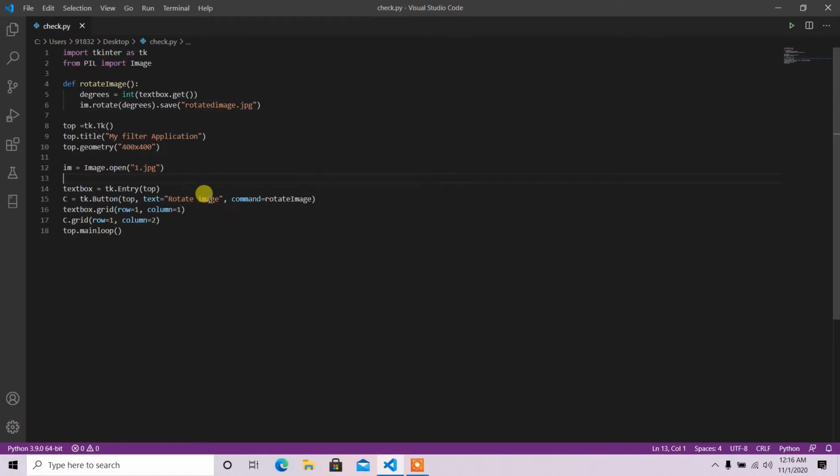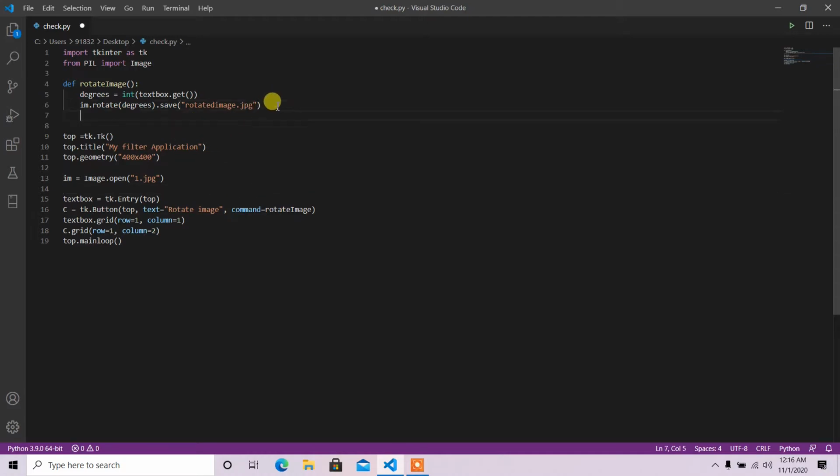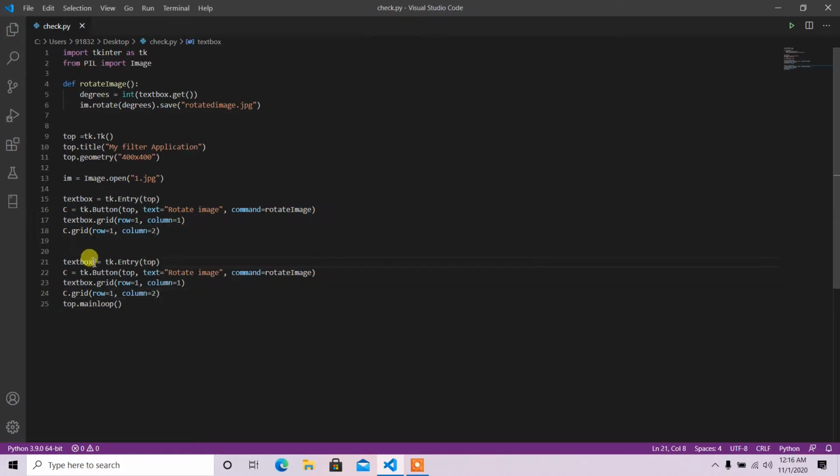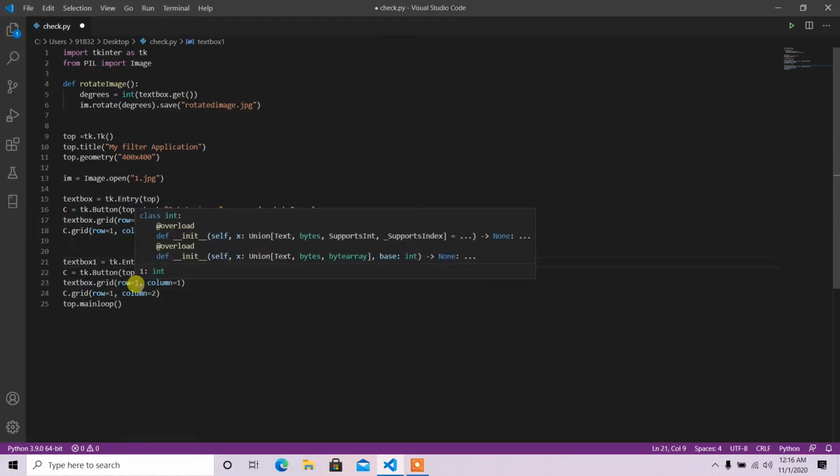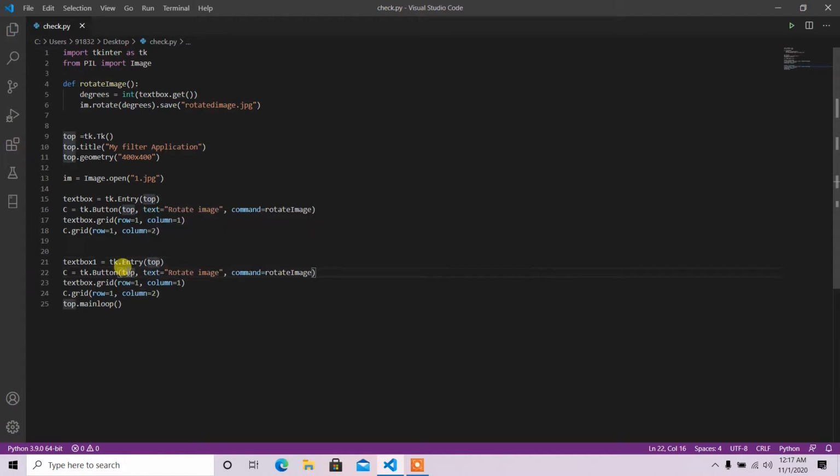Now the part where we are going to do the remaining things which we have promised in the Tkinter GUI. So first we will try to do the box blur method. So for the box blur, we will make the Tkinter setup. We will give here text box 1. We need it for the radius on which the blur will be working. So here we will make it D,